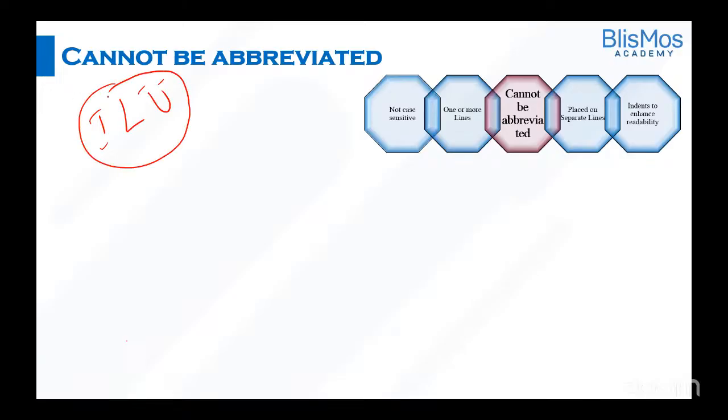Any idea what ELU is? Color? Not color. It is I love you. That is the abbreviation Arunava is using a lot these days, right, Arunava? Not yet, sir. I should start using it.